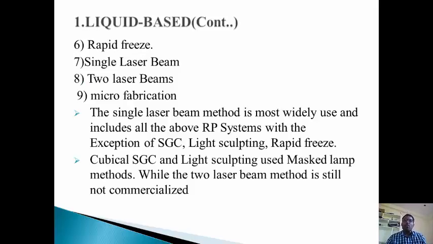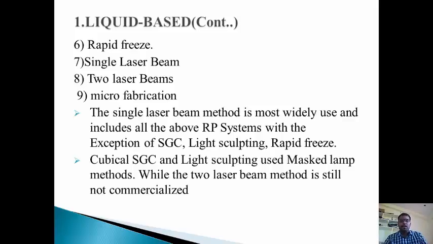Most liquid based rapid prototyping systems build the part in a vat of photocurable liquid resin that cures or solidifies under the effect of ultraviolet radiation. The laser cures the resin near the surface and forms a harder layer. When the layer of the part is formed, it will move to the next layer. So this is the basic principle for the